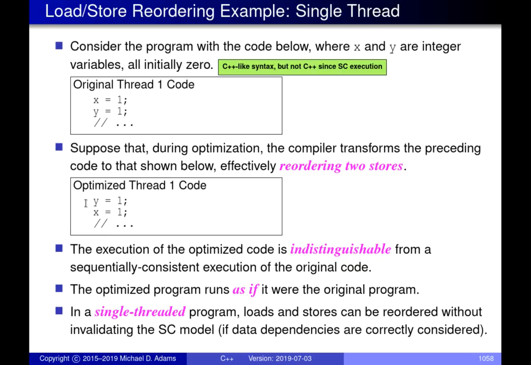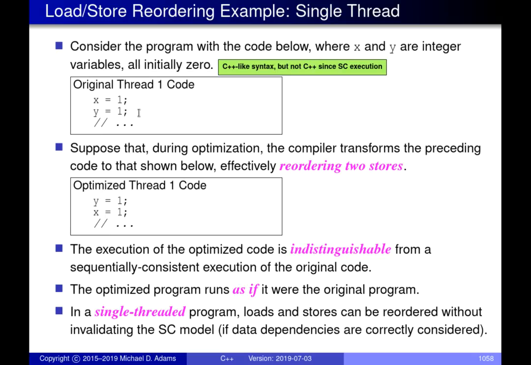Of course, it's obvious, even without knowing what the dot is, that these two pieces of code are going to behave in the same way, because there are no dependencies between these two lines of code. This line of code involving y doesn't use x, and this line of code using x doesn't use y. So if I switch their order, it can't change the overall behavior of the code. This is a valid thing to do. In other words, the optimized code will run as if it was the original code. It has the same observable behavior.